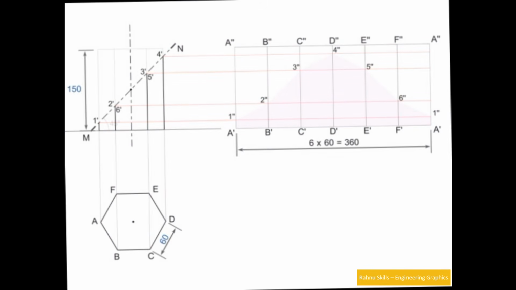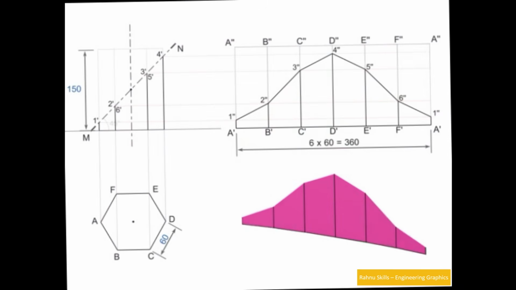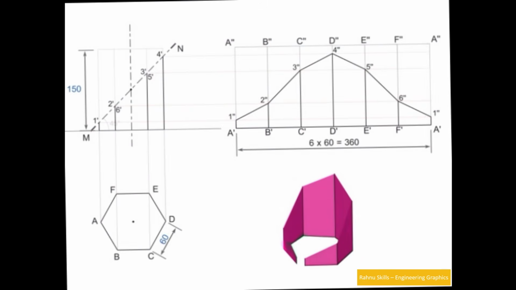Now after getting the points in the developed area, all these are the light colored lines. Now we have to darken the edge, a straight line between the 2 points. Then we can close the surface and we will get this shape. Now you can see very easily, this was the structure. If I join 1A with 1A, I will get the same closed truncated hexagonal prism. So this is the development. In the same way, we will have the development in radial structure.